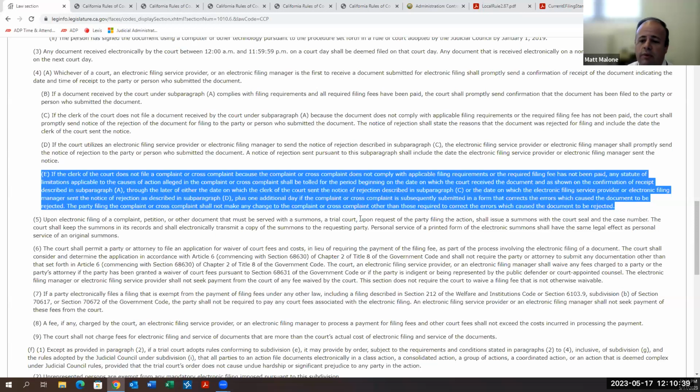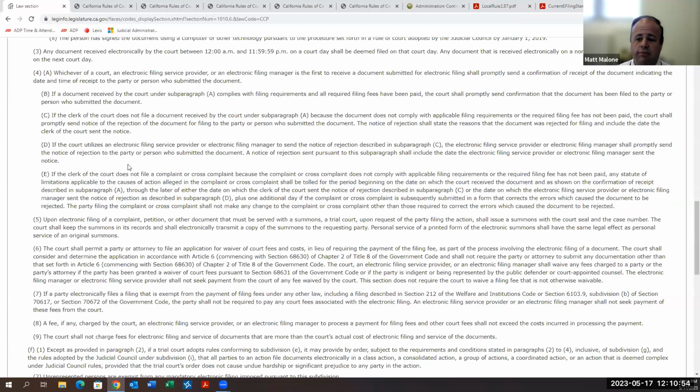So what that means is you get the rejection, and you have a day to fix it, whatever the issue is. That's a tolling provision designed to protect from the exact kind of concerns that animate the questions we get about statutes of limitation. So it's very good for practitioners, filers, and people assisting practitioners in filing to be aware of that provision.